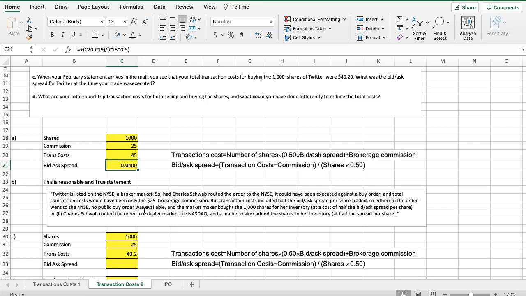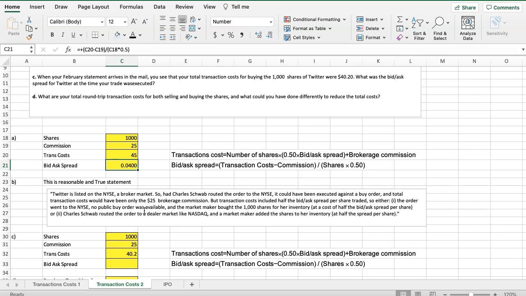But if the transaction is going to include a bid and ask spread, so the order went to the New York Stock Exchange, there was no way to, no shares available to buy, so thus it was routed to a market maker in the NASDAQ for 1,000 shares. So it would be at cost, which is half the bid-ask spread per share, and then Charles Schwab would route it to a dealer on the NASDAQ,